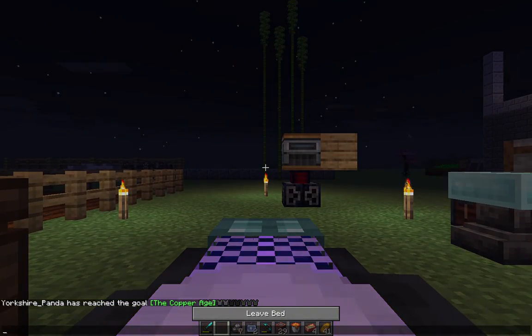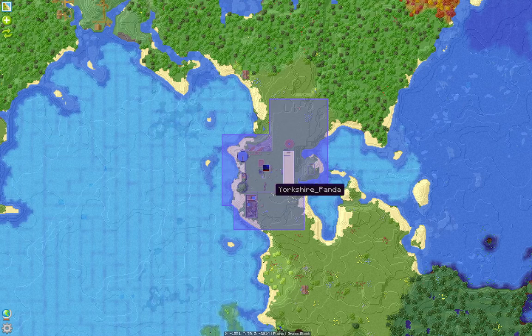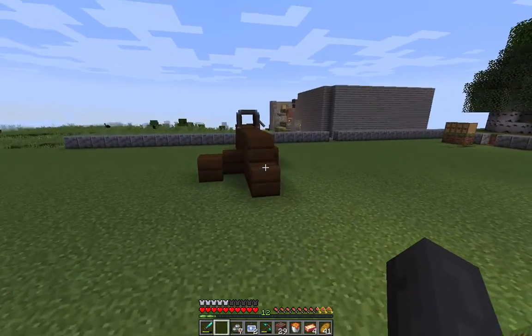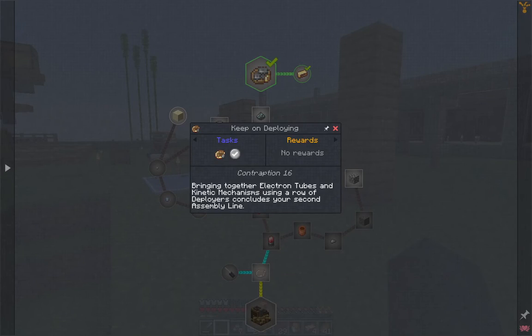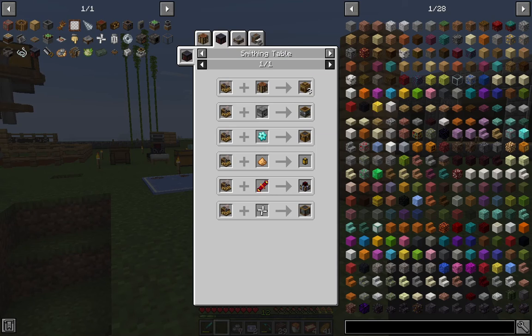Okay. This looks like it could be fun. Trying to fit this into a 2-chunk factory like that is going to be a bit of a task, I have to admit. And that makes our kinetic mechanism into a precision mechanism, which we need for brass machines, which is how we get mechanical crafters,